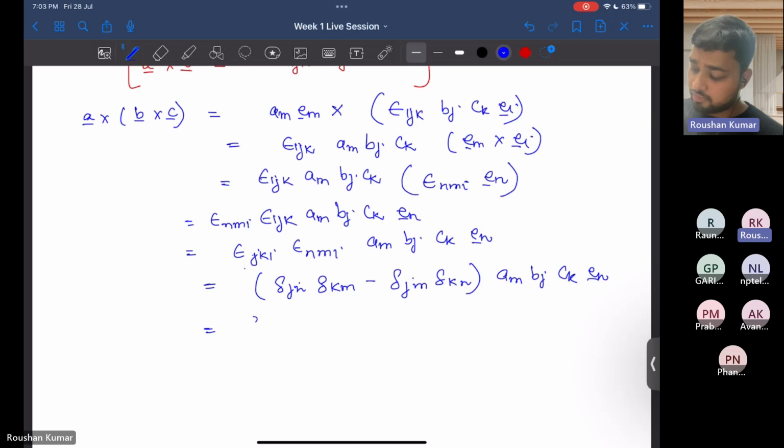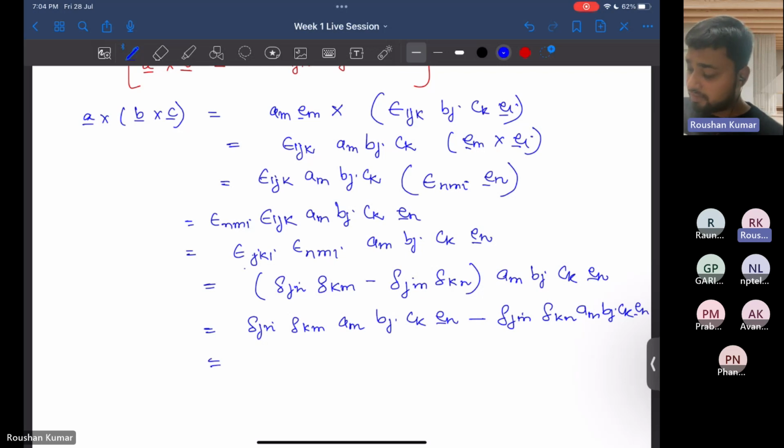now del jn del km, I have multiplied the inner terms with outer terms, so we get del jn into del km am bj ck into en minus del jm del kn am bj ck into en. So here you see k m is repeating index, so del km am becomes ak. J is repeating also, and del jn bj becomes bn, then ck into en minus, similarly this one